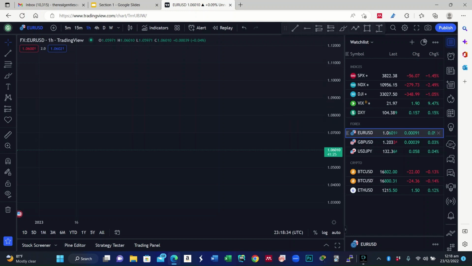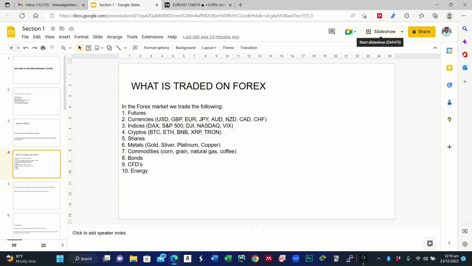And also, these are some examples of currency pairs that you can trade, such as Euro USD, GBP USD, USD, and Japanese yen. So these are some of the examples of currency pairs you can trade on the Forex market. We also have the crypto section, which is BTC. This is another BTC from another broker. Then this is Ethereum and USD that you can trade in the Forex market. We have a lot of examples also, such as Tron, XRP, as I've said before. So let's continue.